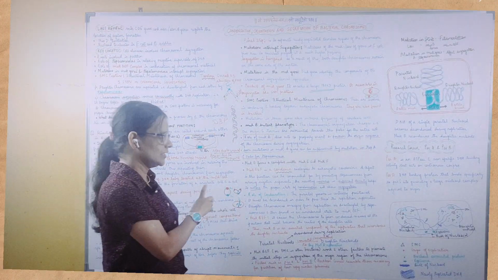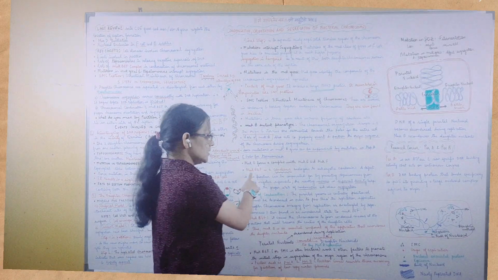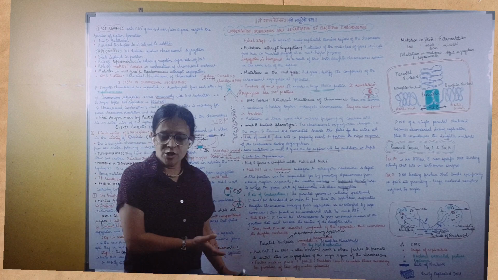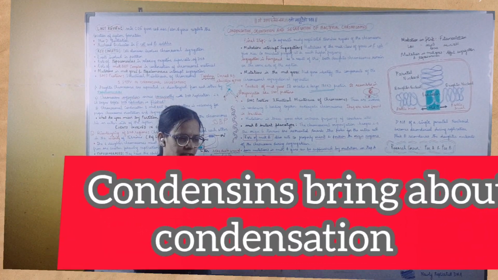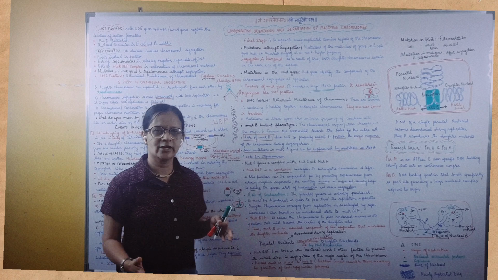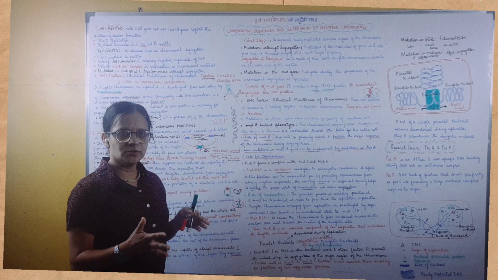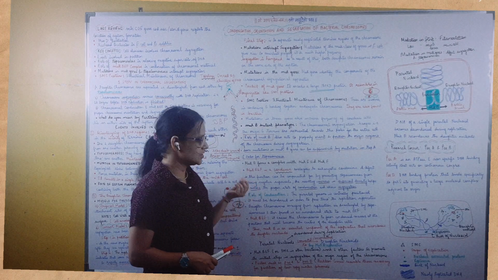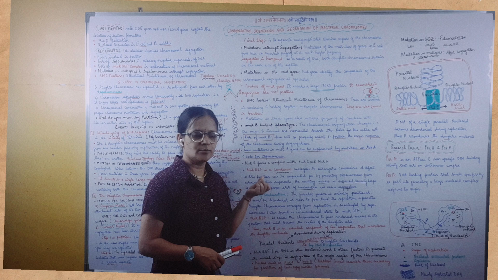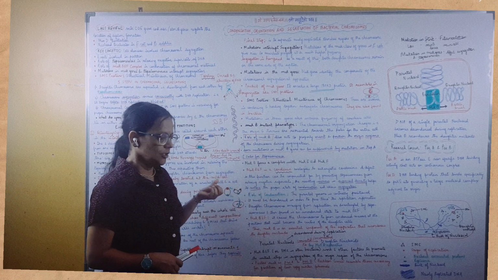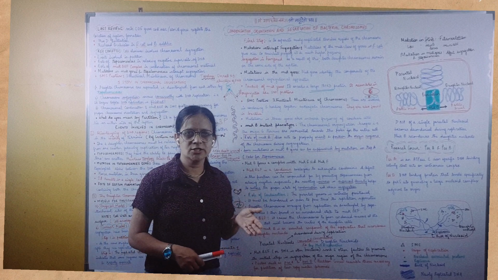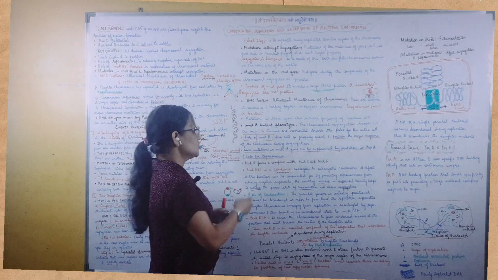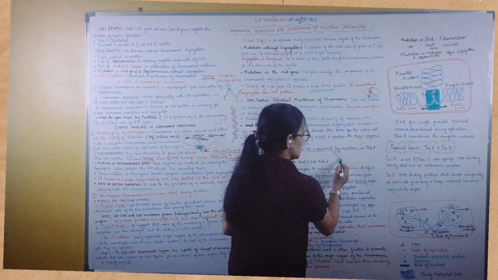As I said, it helps in condensing the replicated material, and its function is somewhat analogous to the eukaryotic condensins. If in prokaryotes you have condensins which help in condensation of genetic material, obviously in eukaryotes you have to have some condensation proteins as well. If there is some mutation in MukBEF, that means if there is mutation in the gene which brings about condensation, then obviously it will affect the condensation process, meaning there won't be proper condensation. It simply means that the chromosomal material will remain in a relaxed condition.